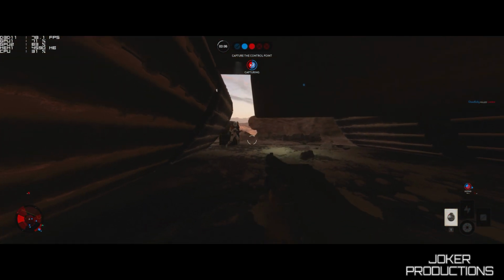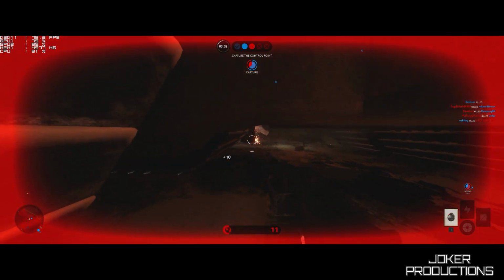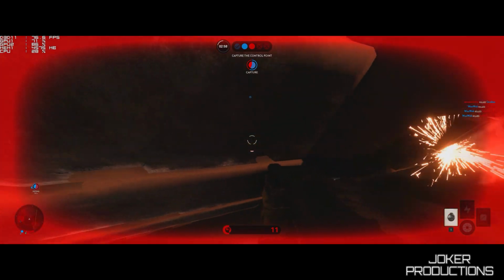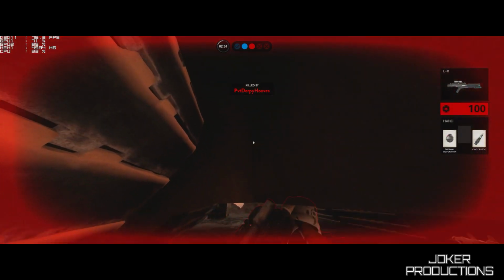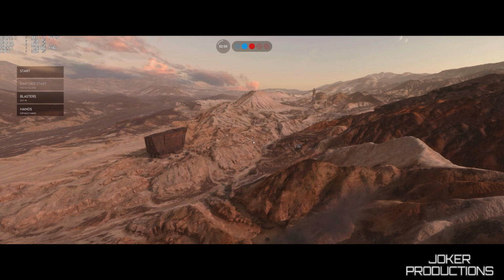It's using just around 3 gigabytes of video memory, so if you're running a 3 gig card or better, you're probably going to be absolutely fine running this game at 1080p. The 380 was getting around 60 to 70 FPS most of the time at 1080p. Sometimes there were a few dips here and there, but for the most part, the frame rate was quite consistent